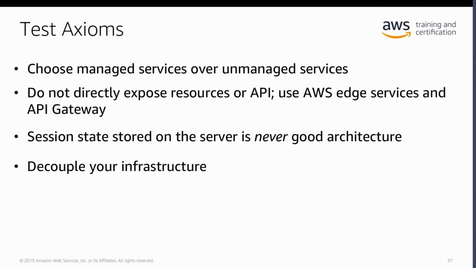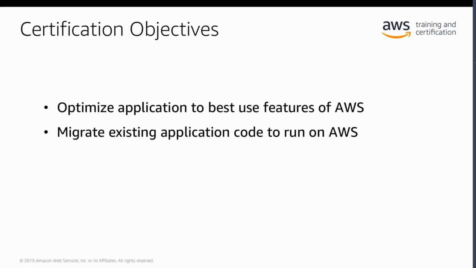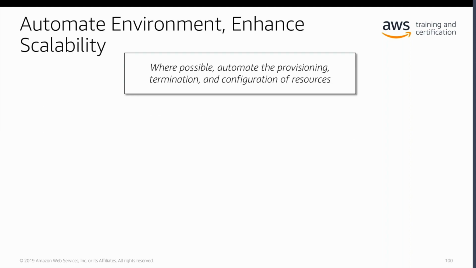Domain 4 is refactoring. It's one of the smaller domains in this section. It's optimizing applications to use the best features of AWS and also migrating some of your existing applications to run on AWS. So when possible, what you want to do is automate things where